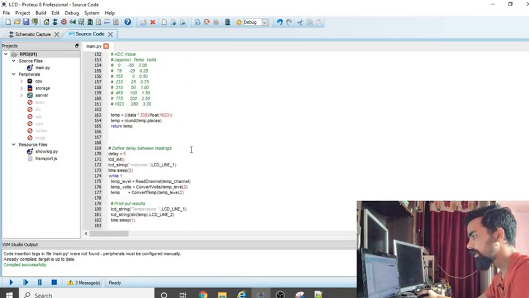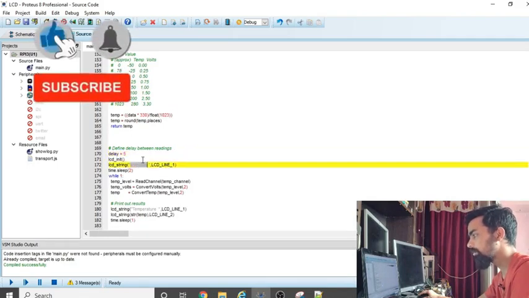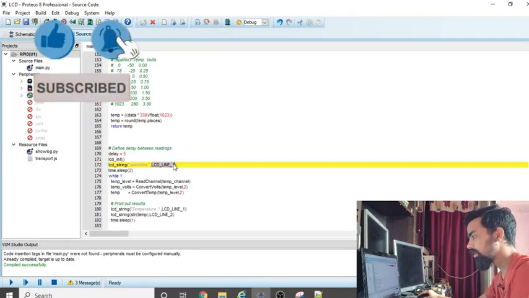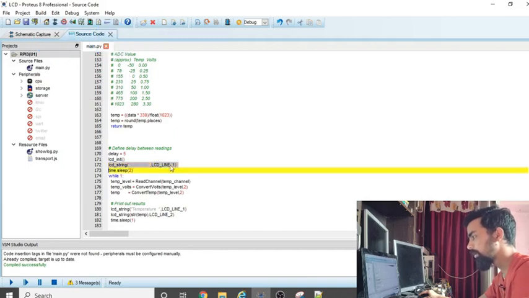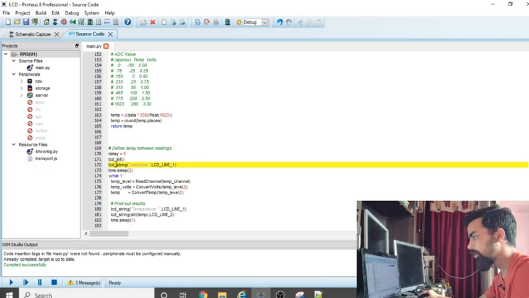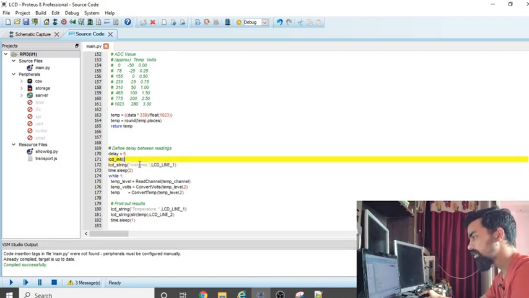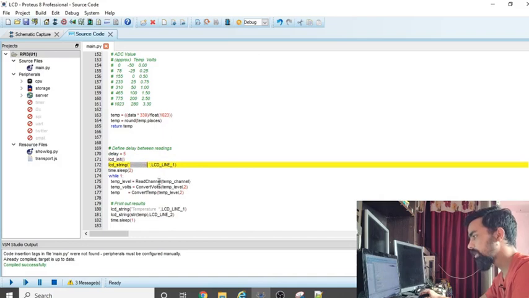So once the LCD gets initialized, the next part is we have to send the welcome message on LCD line number 1. So we have already defined the LCD line number 1 variable, which is nothing but the 0 value. So LCD.string welcome. Welcome is nothing but an array. So each array is divided into 1 byte with its index. So index 0 contains W, index 1 contains E, the second index contains L, then C. So this iteration we will do by the for loop.